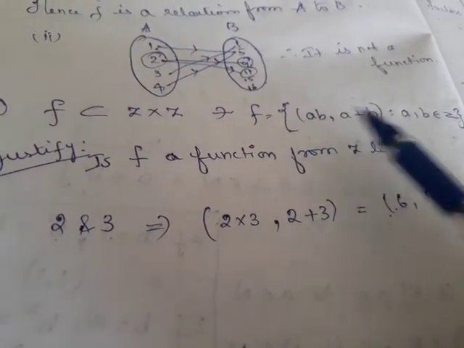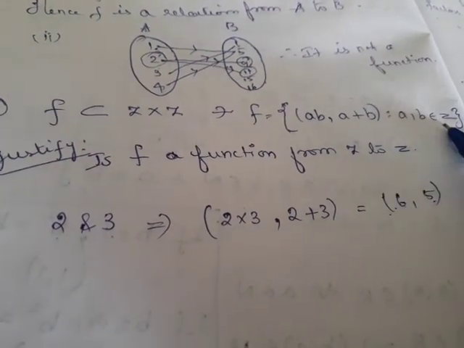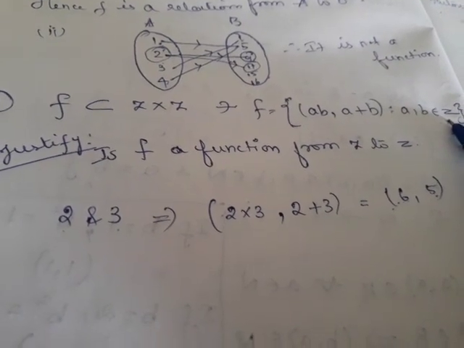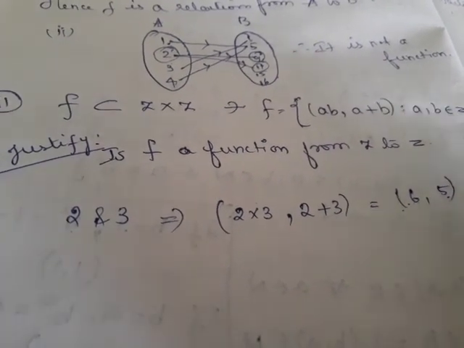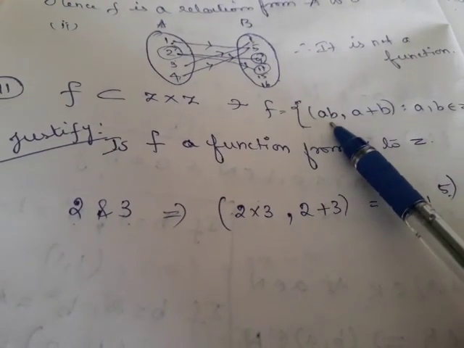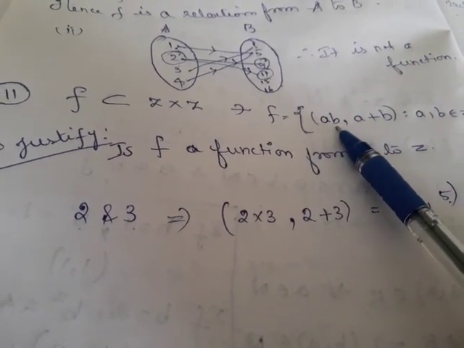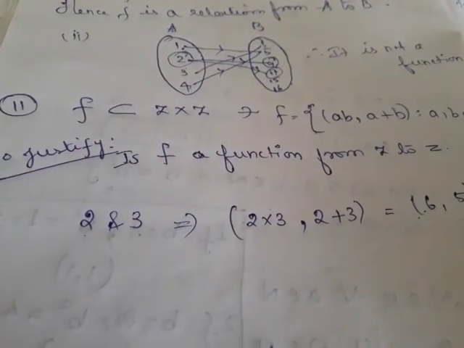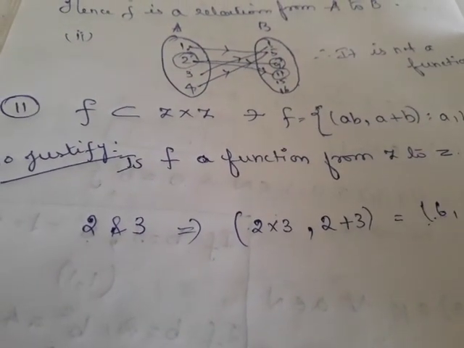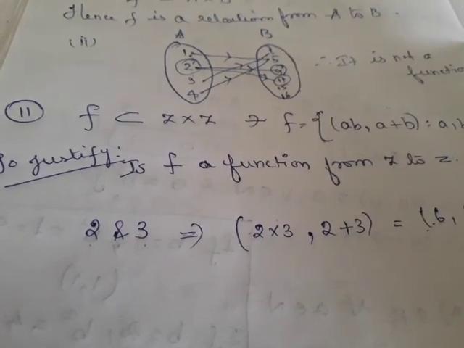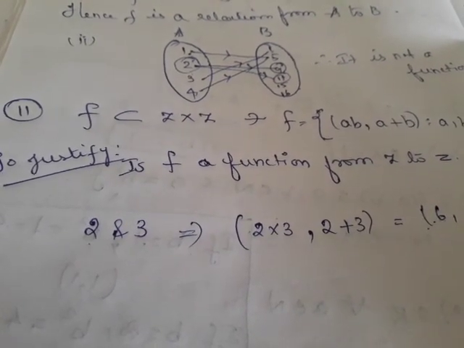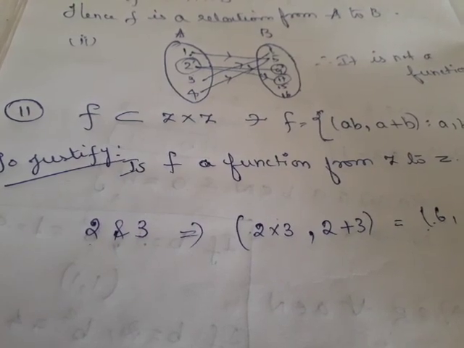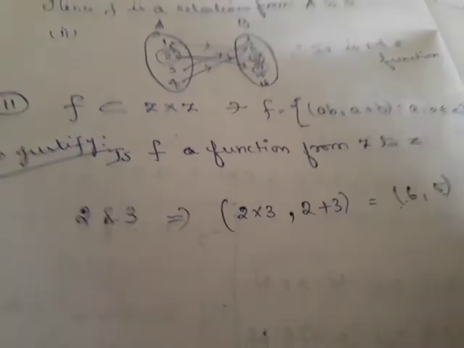But when you analyze it, here A and B belong to Z. Z is the set of all integers. Integers include both negative and positive numbers, right? So when we talk about product, if we multiply two negative numbers, it will become positive. So there are possibilities for an element in the domain to have two different images in the codomain, right? Now let us check.